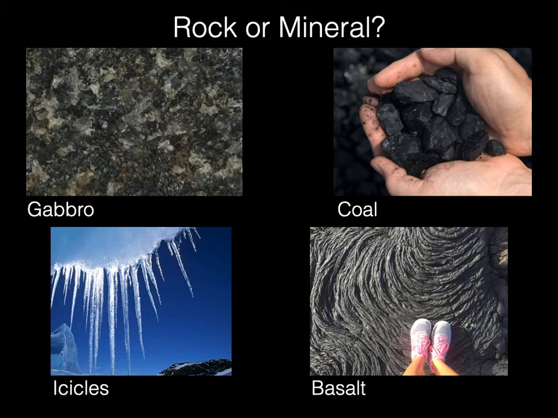Rock would be right. If you're thinking rock, gabbro's a rock. It's actually made up of a bunch of different minerals. It's a little hard to see on mine because they all look the same color. But there's a bunch of different minerals in there making up that rock, gabbro. How about coal? Mineral? It's all the same stuff. It's all carbon, right? What's coal made from, though?